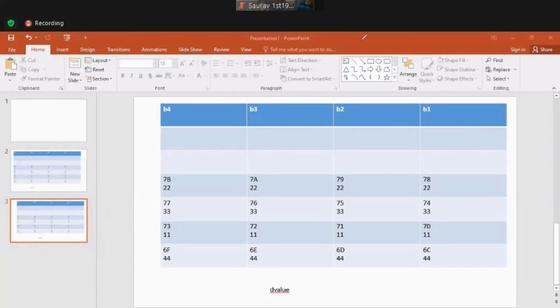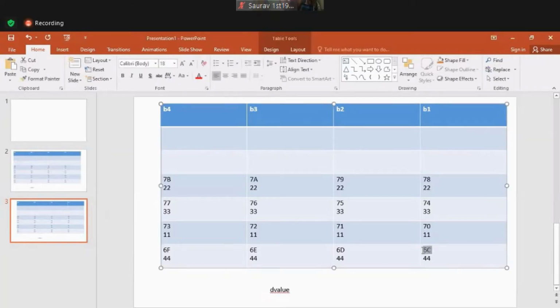As per my code, the memory will internally allocate the address for D value also. I don't have to think about it. The D value address will start something like this: 00, 01, 02, 03, 04.